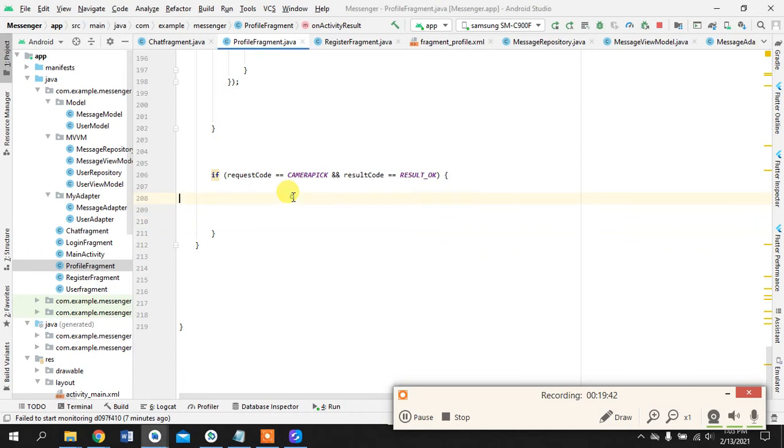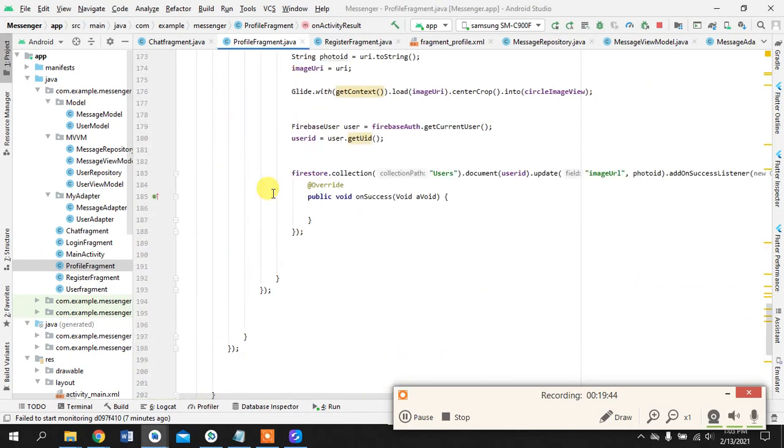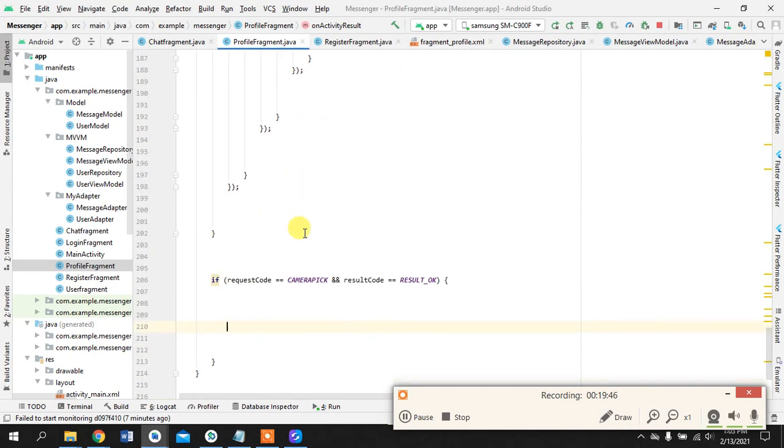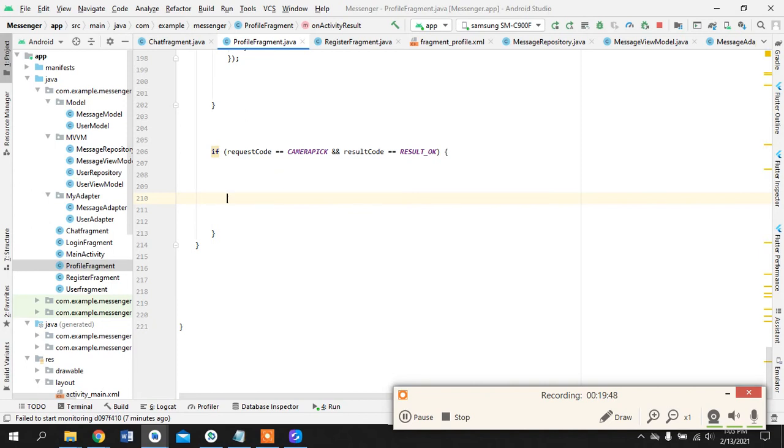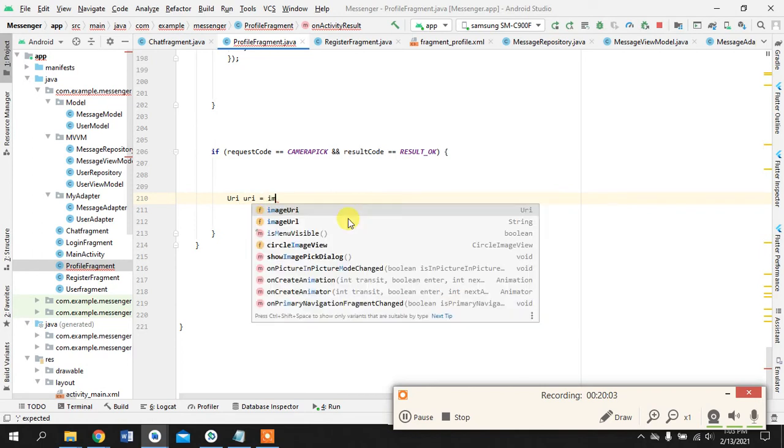So then what will happen is now we have to define that okay, we need to add the images from the camera also. So what I'll do is I will just do the same thing, URI is equals to image URI